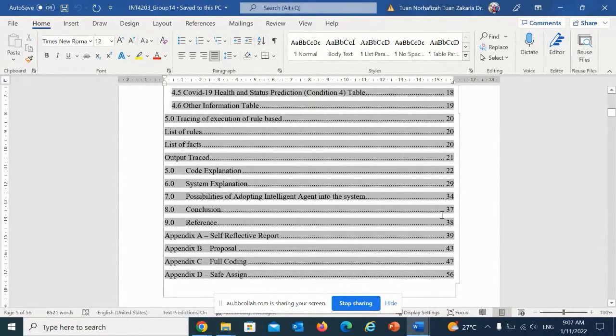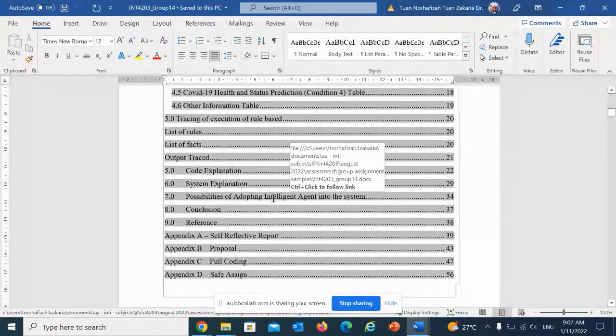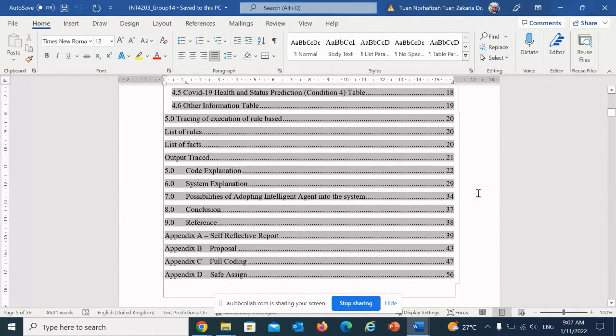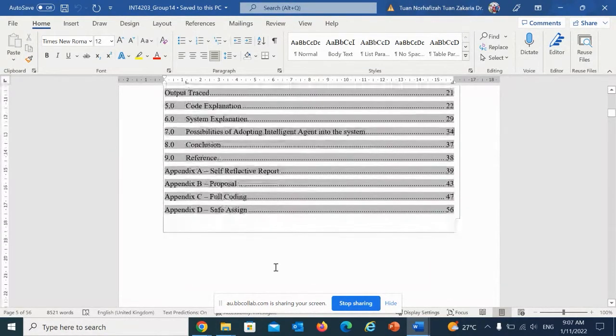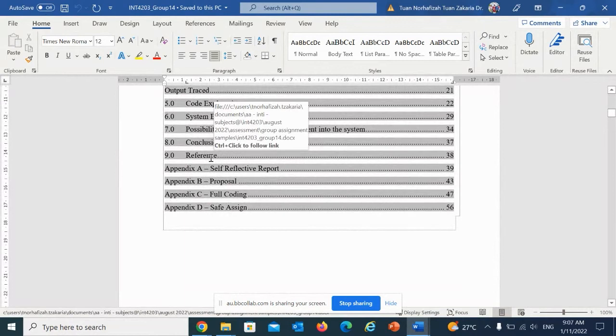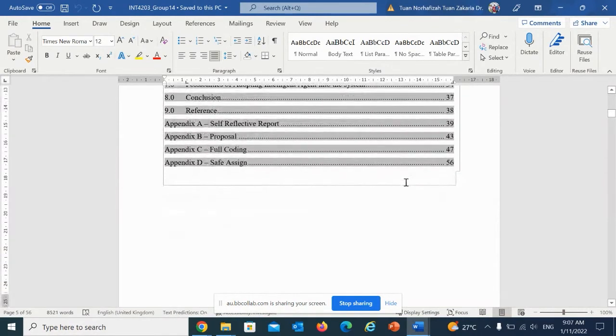And then the possibilities to adopt an intelligent agent. Remember the sensor, the actuator, the environment. And then conclusion and reference. Reference is your citation, your journal, anything.